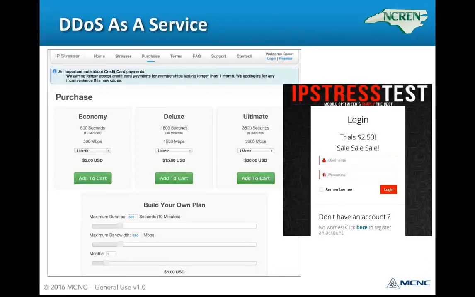and it doesn't really require any technical skill at all. You just have to know where to find these websites, and a quick Google search will turn up about half a dozen that you can easily access. So this is what